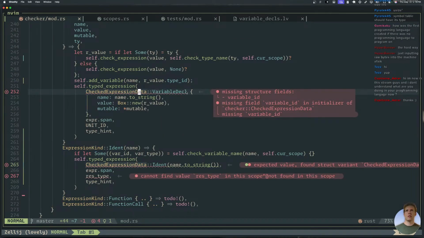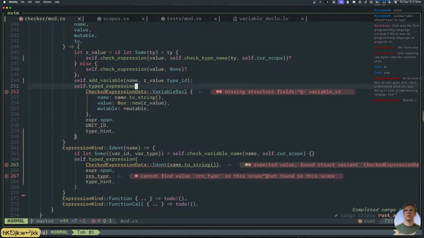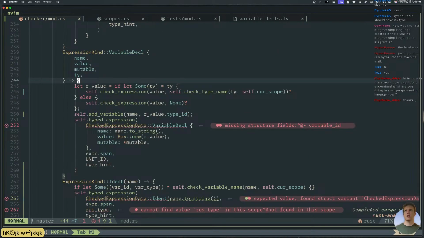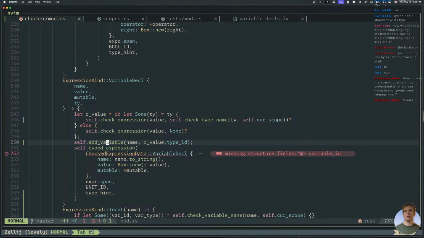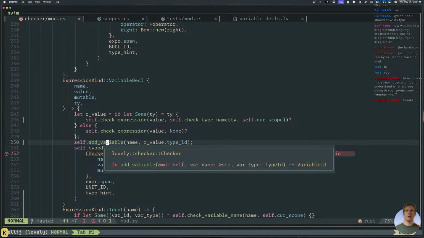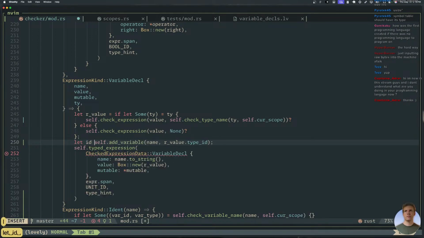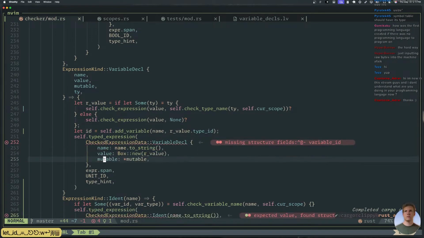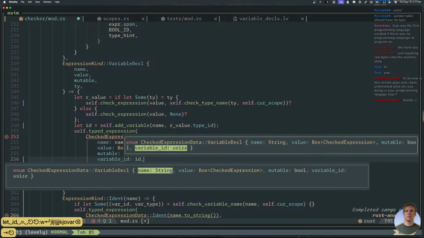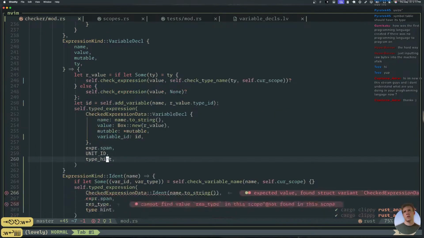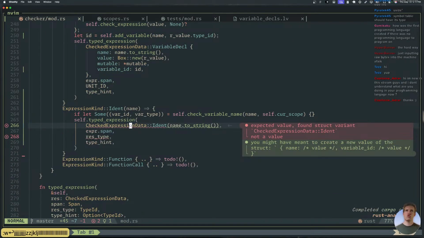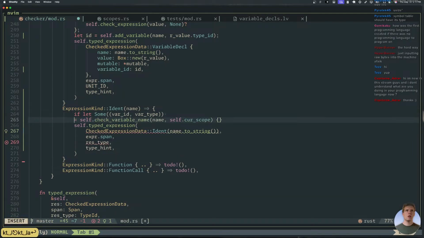So you have some errors in places. That's okay. So variable decl. Wait, where is this? Ident. Oh yeah, variable decl, add variable. This doesn't return... oh, it returns a variable ID. Perfect. So now we have that on there, and then here.